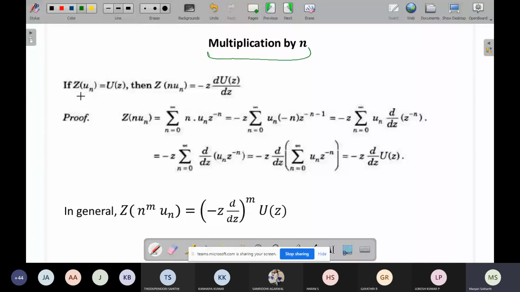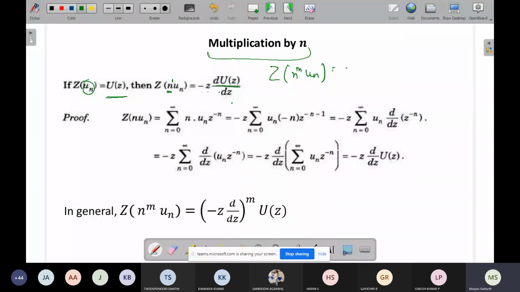If the z transform of any sequence u_n is U(z), and this u_n is multiplied by n, if it is power 1, then we take minus z times the derivative of U(z) with respect to z. But if it is power more than 1, like power m,